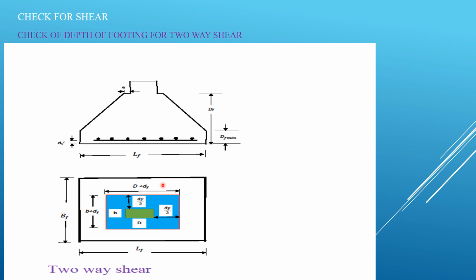While you are designing the footing, the check for shear is very important. So here, check of depth of footing for two-way shear. Here B is the width of the column, and E is the offset provided for the footing. Then dy dash is equal to